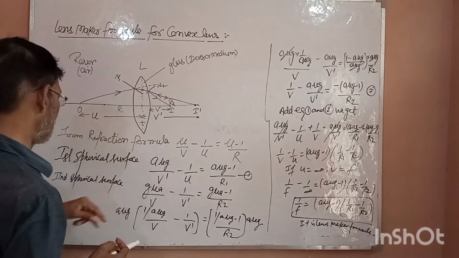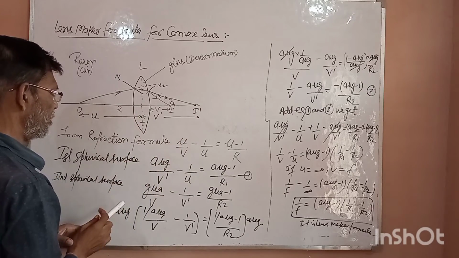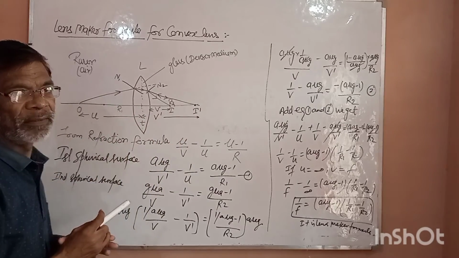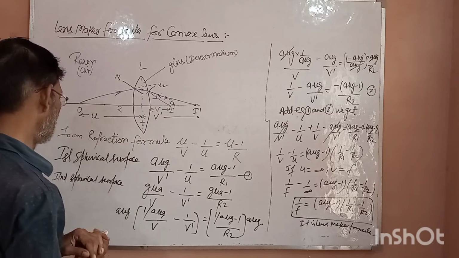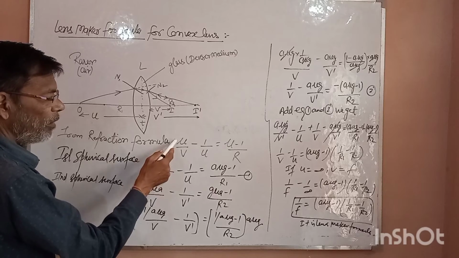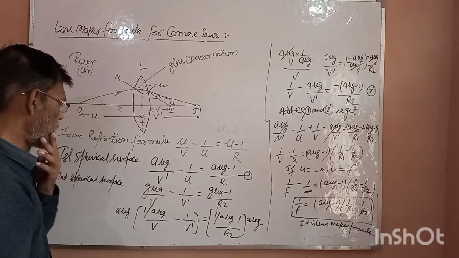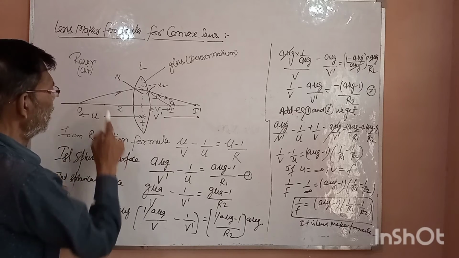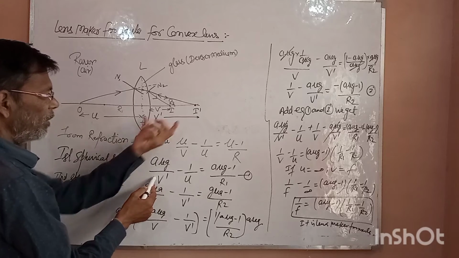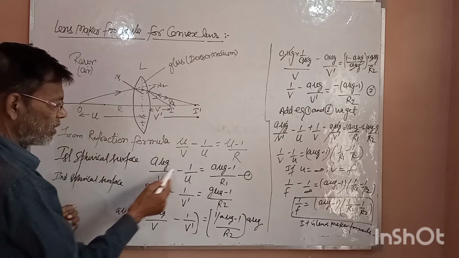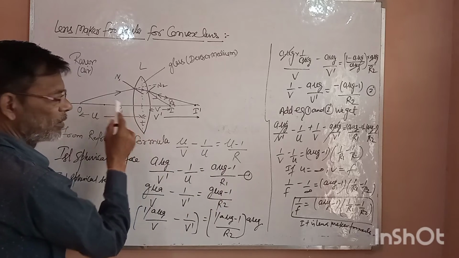So now I am using a thin lens. R1 and R2 are the radii of curvature for the first spherical surface and the second spherical surface. Now using the refraction formula, mu upon B minus 1 upon U is equal to mu minus 1 over R. For the first spherical surface, light goes from air to glass, so A mu G upon B dash minus 1 upon U is equal to A mu G minus 1 over R1, because this is the radius of curvature R1.